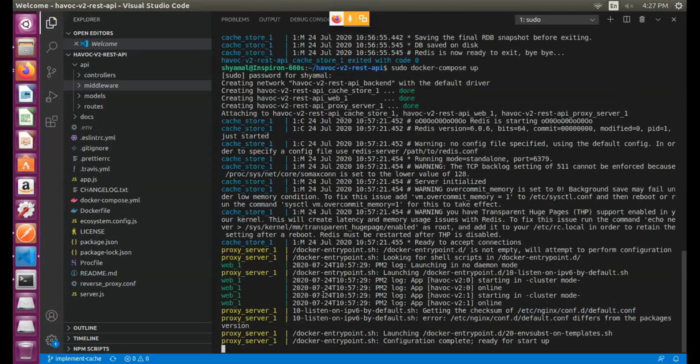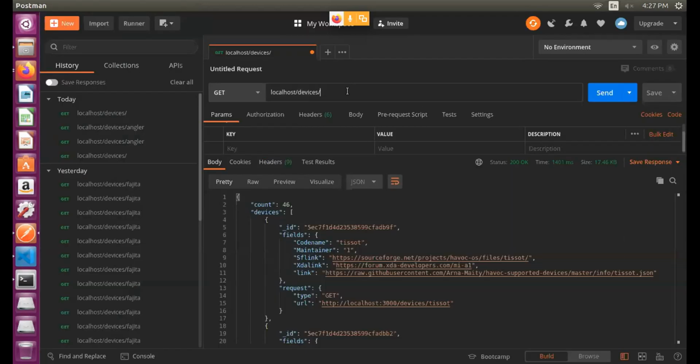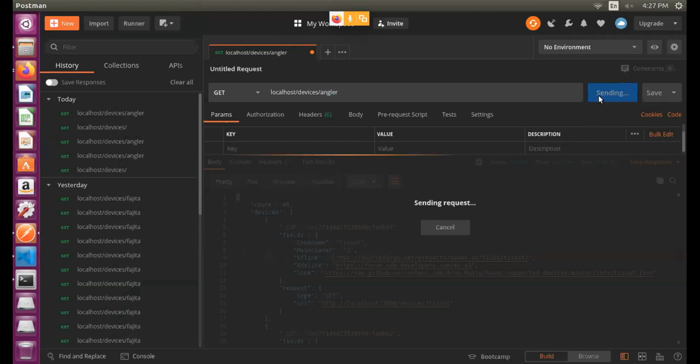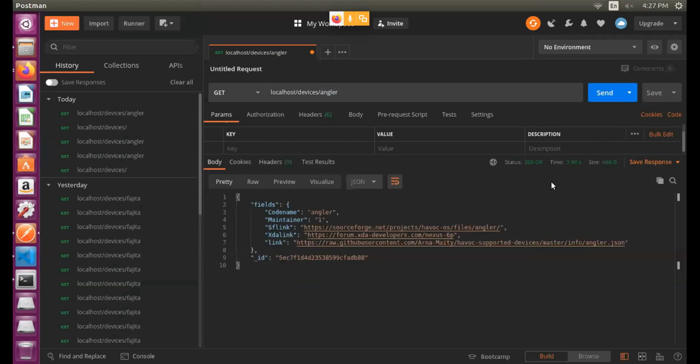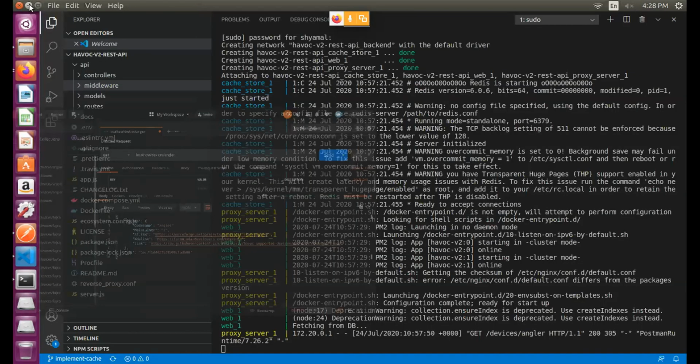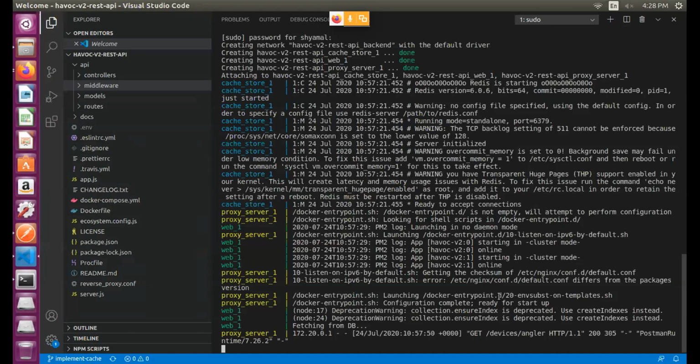Okay, so all the three components have started, and now I'm going to make a request. Suppose I'm requesting this particular device. I made the first request and it returned the response, and you can see the time it took, about 3.9 seconds. It says fetching from DB, so it actually went to the MongoDB database and fetched the response.